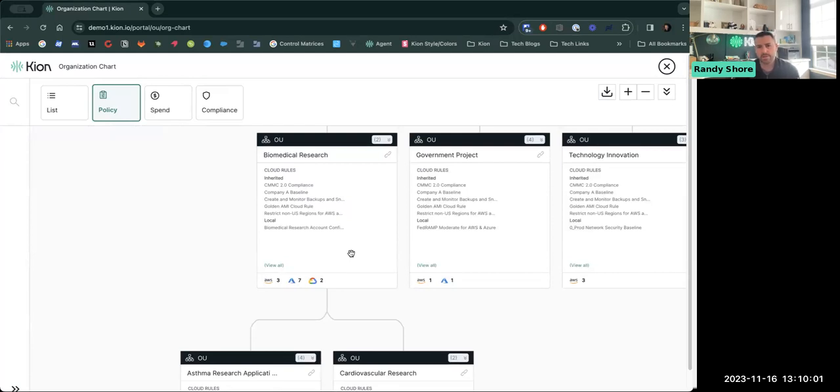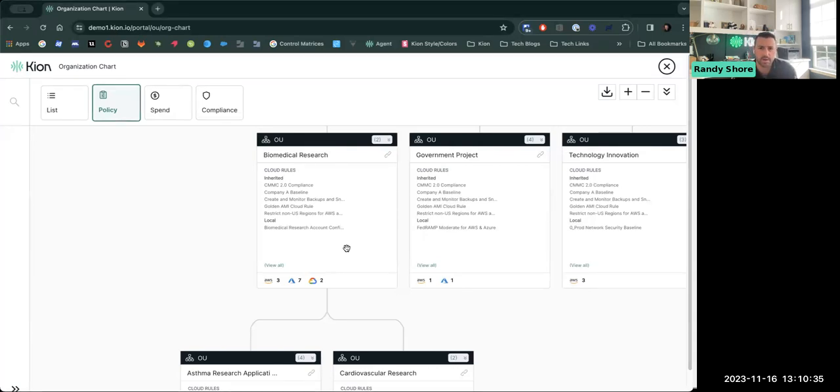It's really around that idea of securing a new account by default. So Kion has that ability to programmatically create new AWS accounts, GovCloud accounts, new subscriptions, resource groups, Google Cloud projects, right? And just by aligning that within the hierarchy of where that new workload is going to live, we're going to immediately set up all of those rules, all of those policies, all of that access, as well as even the budget that we haven't talked about yet, will all be aligned just by placing it